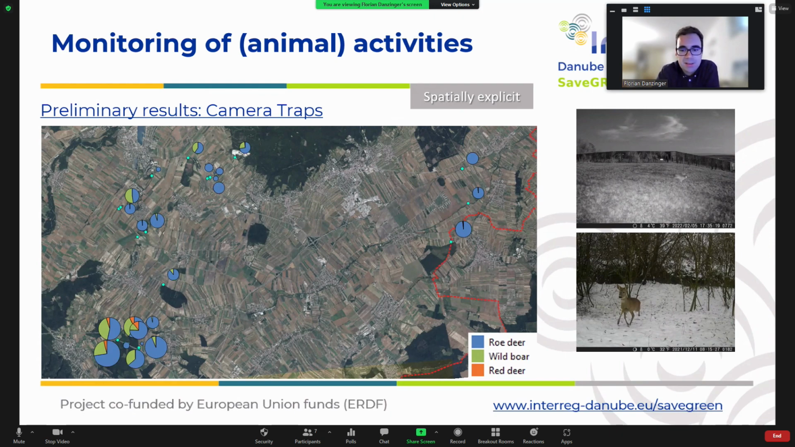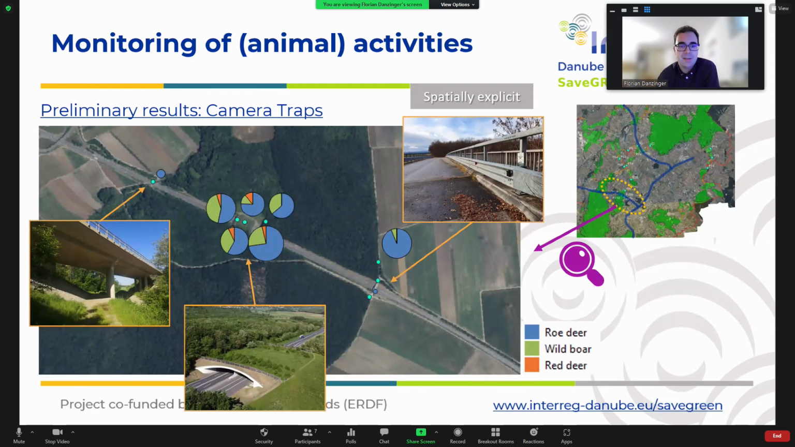Here is the analysis of the species roe deer, wild boar, and red deer. Again, you can see roe deer is dominant in both of the corridors. Also, this alternative corridor is dominated by roe deer, and wild boar is also more attached to the woody areas than the open land, which is nothing new. But again, when looking into detail, you can see